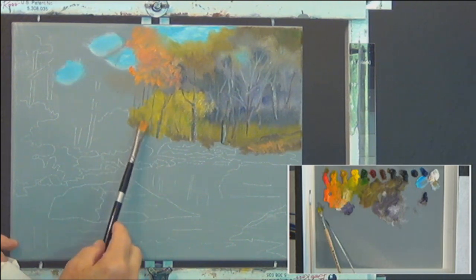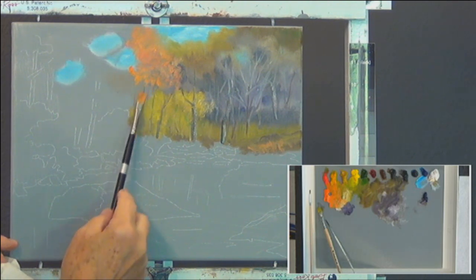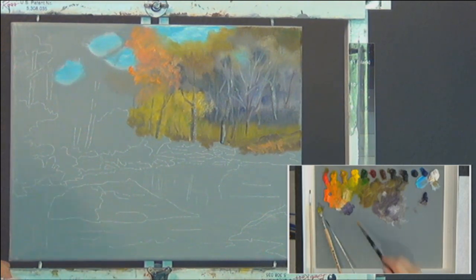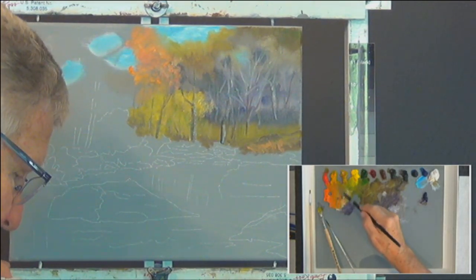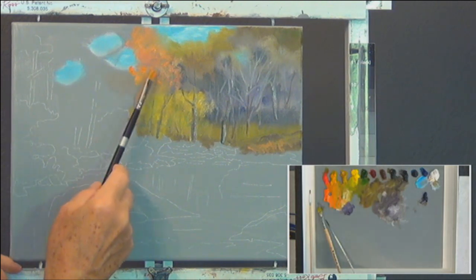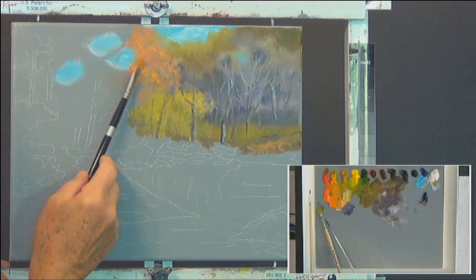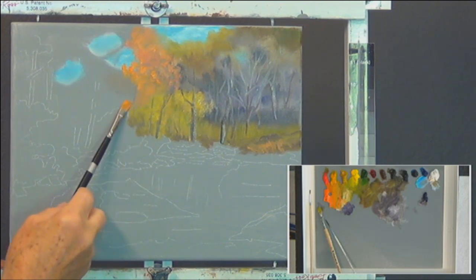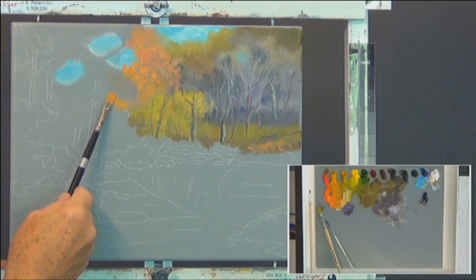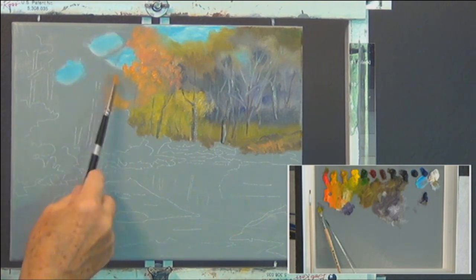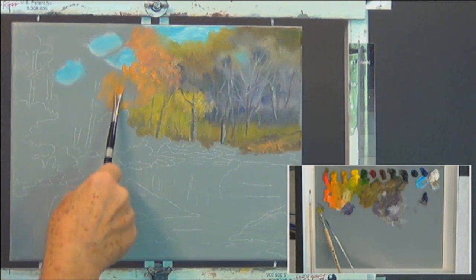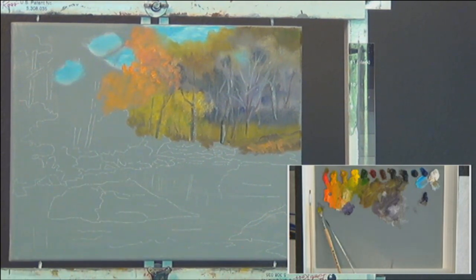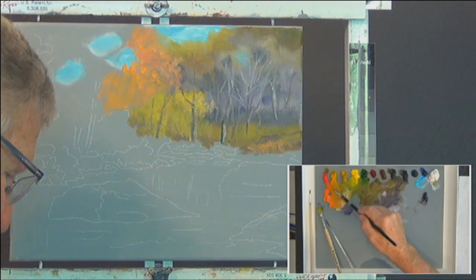This thing comes down, way down. Let's see, it comes down all the way into here. So it's a big area, actually huge sets of trees that go in here and come all the way down to this area. They actually come down to here, and then they start turning more yellow as they get over this way. So I'm going to put some underpainting of this color in here. You can see how that gray canvas